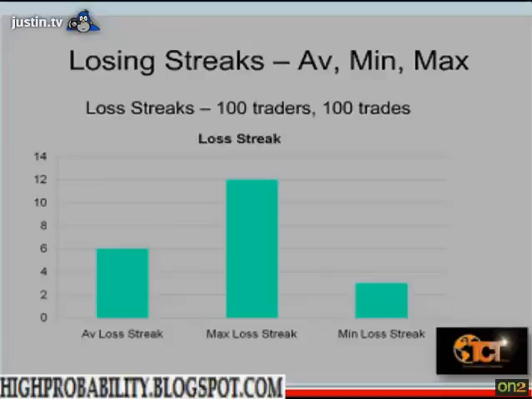But randomness can still deal you another blow. We might have 100 traders sitting side by side running similar types of systems. Now there's 150 people on this webinar. So on this slide I'm just showing if 100 traders are sitting side by side running a system with those sorts of expectancies, 50% win ratio, then just by the law of luck, bad luck or good luck, one of those traders will probably have a loss streak of about 12 trades. One of them might be lucky enough to only have 3. So the markets are random. You have to protect yourself against those sorts of odds.